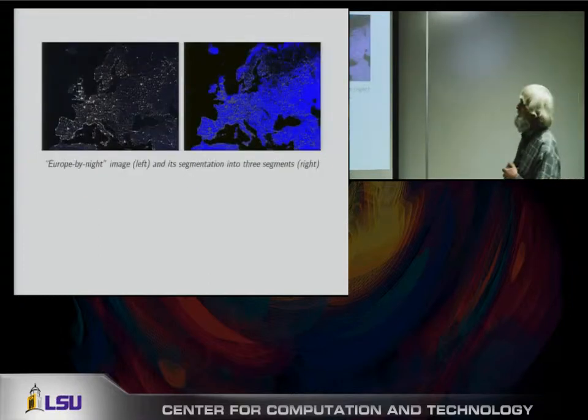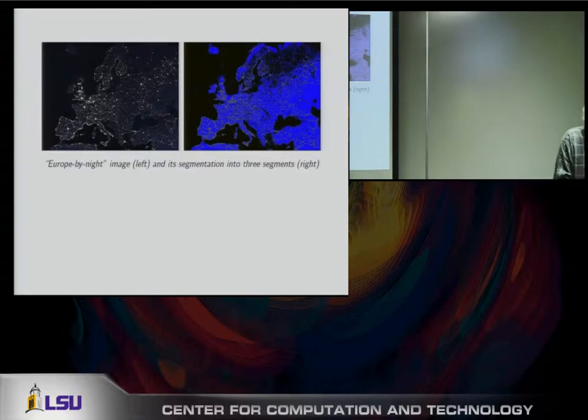Here's an image segmentation. This is Europe by night, also a very famous image in the segmentation community. Europe does a great job at selecting 3 things: the sea, which is dark, the land, which is not quite so dark, and then cities, which are light. So you want a computer to do that segmentation for you. So here's a segmentation into 3 segments. This is a particularly good one because you can hardly see